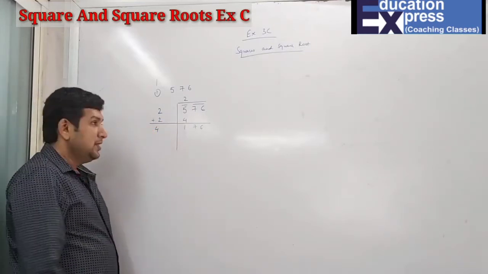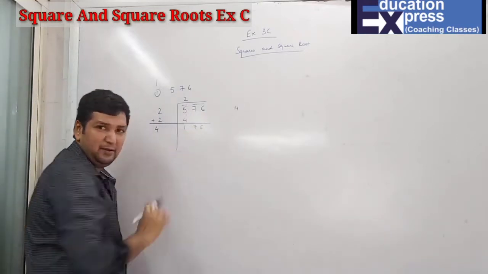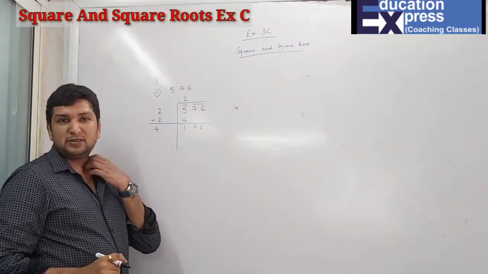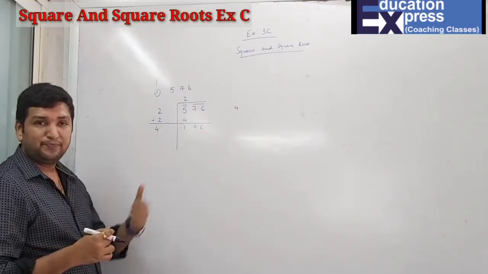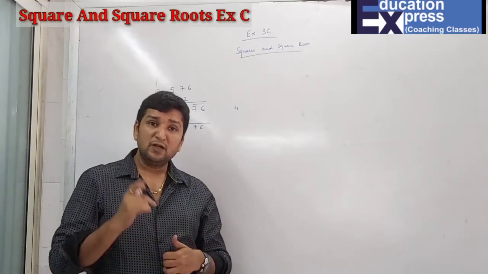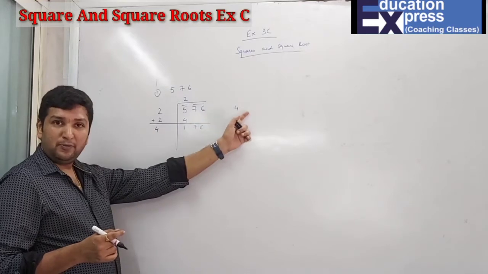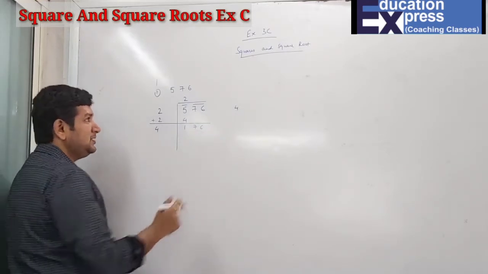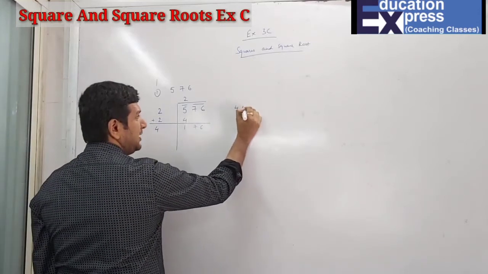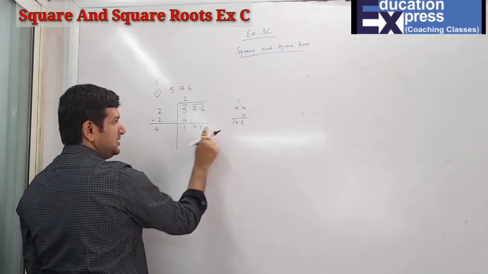2 plus 2 is how much? 4. Now the last number is 6. Obviously 4 is 100% there, along with that the last number is 6. Now 6 means which number ka square has the last digit 6? So I can say 4 4s are 16. That means either it can be a 4 or second it can be 6 also, because 6 6s are 36. That means 4 is compulsory. So along with this I can take 4 4s are 16, 4 4 16 plus this 76. Yes, I am getting it.